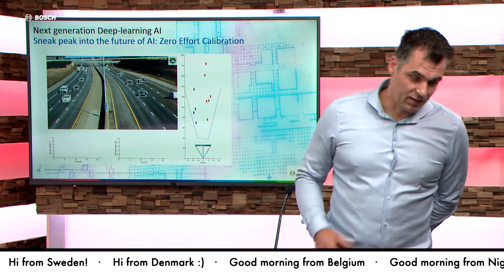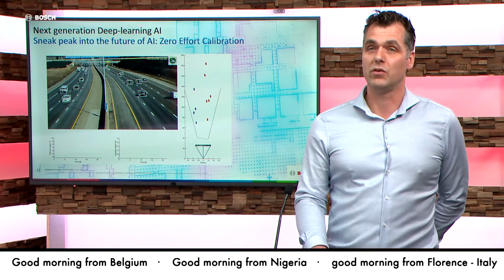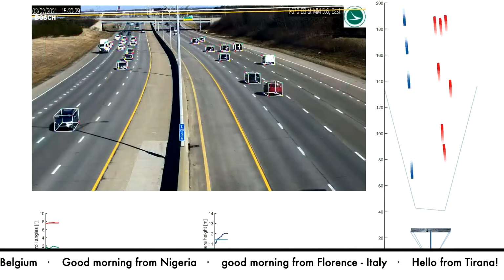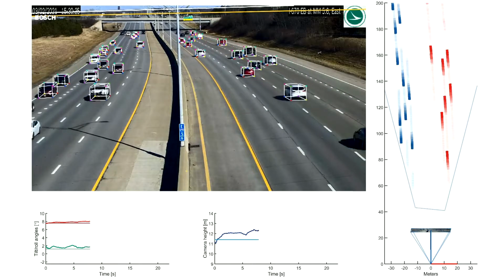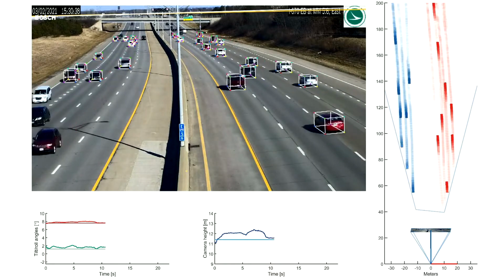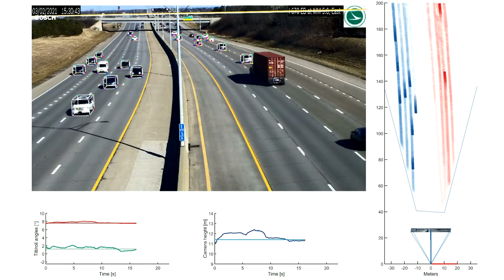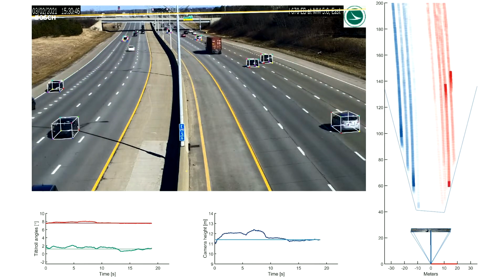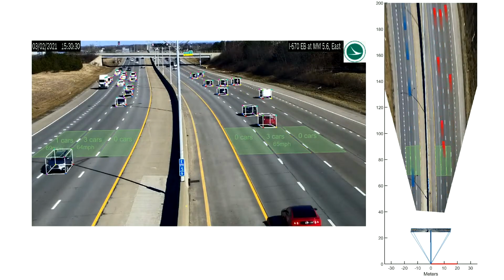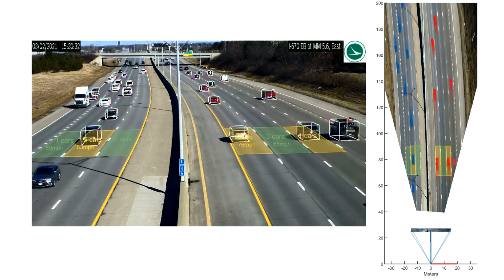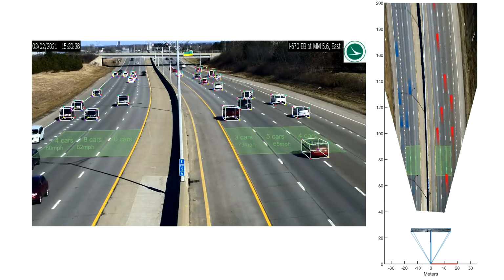Something as well as a sneak peek into the future. We are also currently working on a zero effort calibration engine. Zero effort means you just install the camera and point it to a road. That needs to be a road scene. You see a lot of cars, so it starts with the detection, seeing that there are certain cars on the road. This is with the 3D vision and the modeling which is simply there. And with that, it starts to say, well, okay, the cars are moving in this plane, likely this is the ground plane, likely this is my tilt angle, maybe this is a little bit of a roll angle as well, and it starts to auto-calibrate.